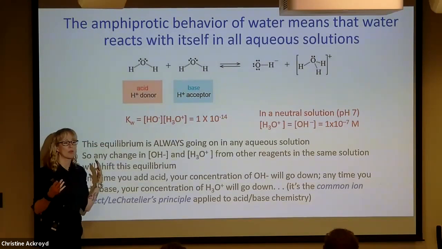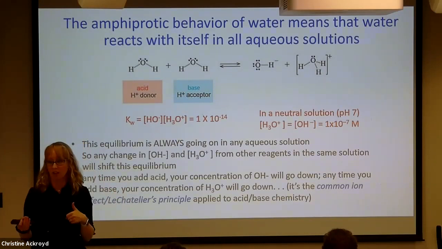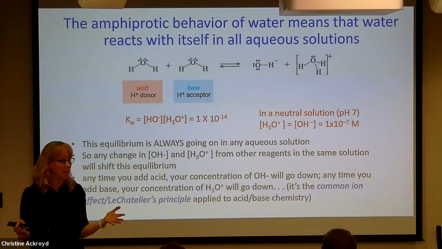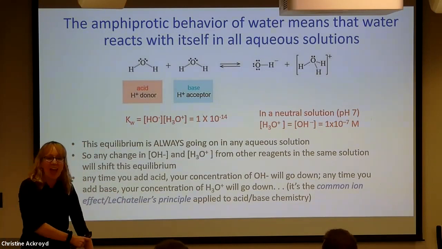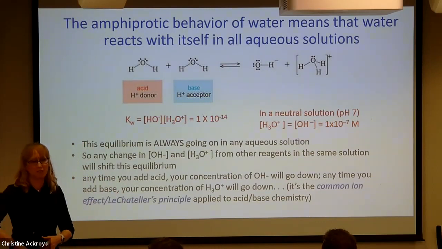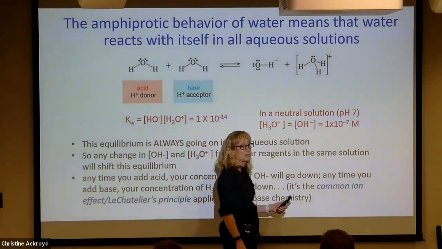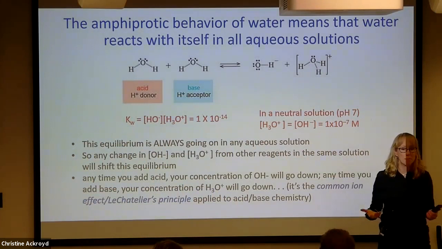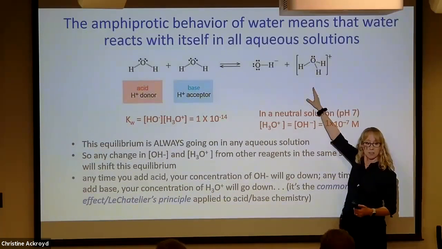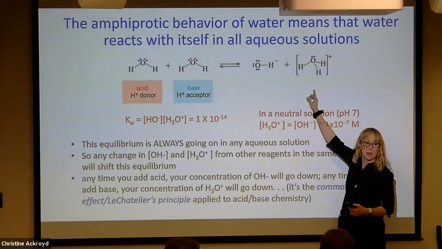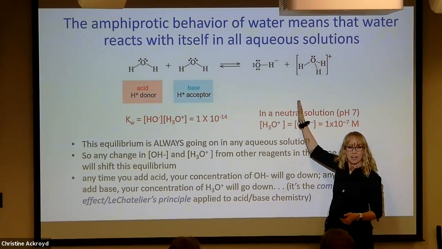And that reaction that's always going on in water means that the hydronium concentration and the hydroxide concentration in solution in water at one time, one is always going to affect the other. And if I add a bunch of acid to water, what's that going to do to this equilibrium? If I add acid to water, what's the acid going to make in water? We make hydronium. So what happens to this concentration? It goes up. So what happens to this reaction? It shifts back.